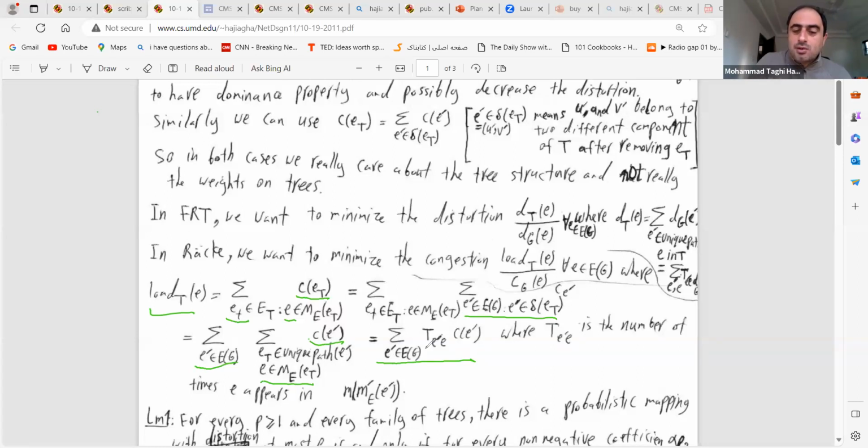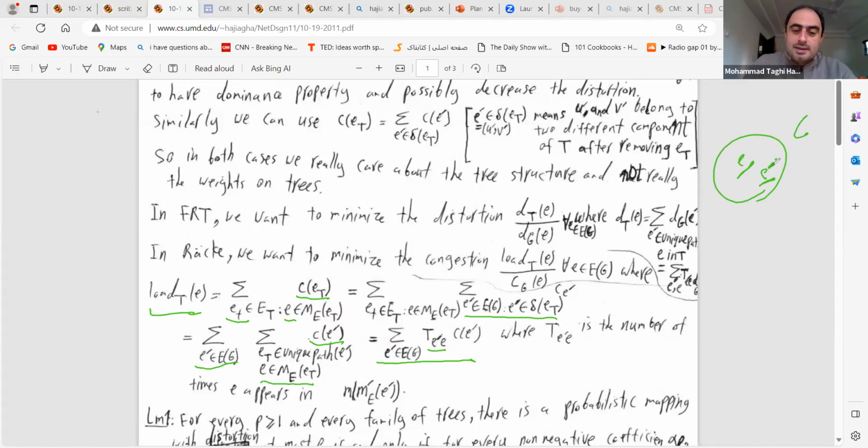It says that the load of one edge in the graph would be the sum of T of E prime E times C of E prime. So to find the load of an edge E in the graph G, you consider all other E prime